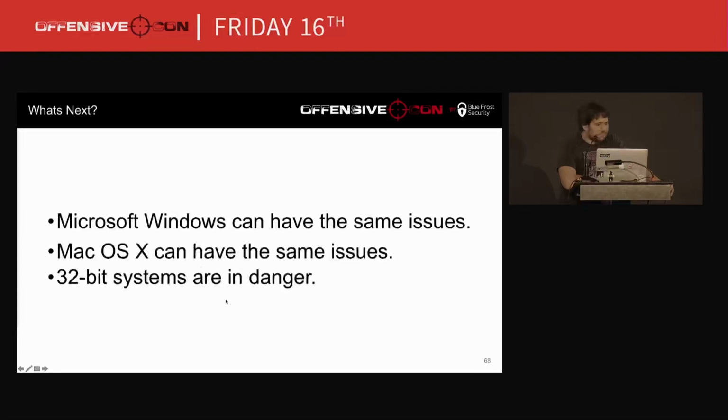What else? Well, the approach I took was to look at what happens in the process from the beginning. The same thing could be done with Microsoft Windows and Mac OS X, because I'm sure they have very interesting variables also. For example, in Mac OS X, when it loads a Mach-O binary, it has different regions for code and different regions for data. But these regions are glued to other binaries.